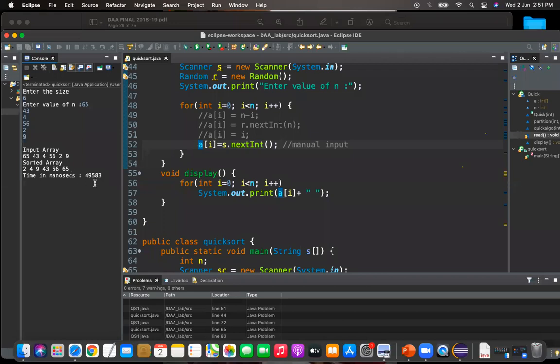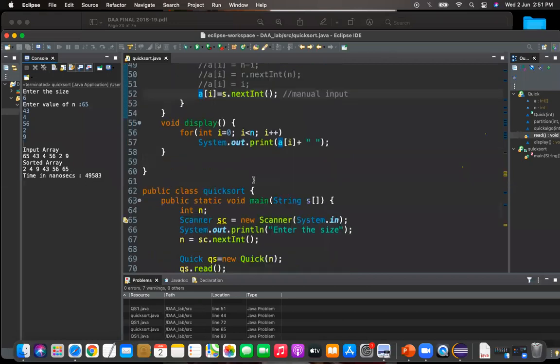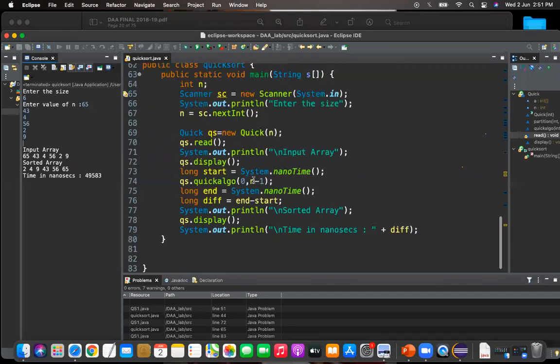And we are also displaying the time. So time also sir has explained in the previous class itself. We'll be finding out the time and it is displayed in nanoseconds. Once you have entered the array, you are calling the read function, and then the display function is also defined in the class quick itself.